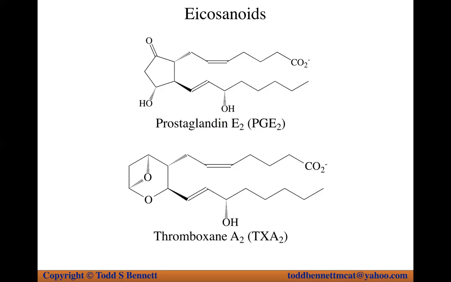So E simply represents somebody's recording of when they isolated these. So A was the first one they isolated, B second, C third. 2 represents the number of double bonds from the backbone that still exists from the original 4. So this still has 2 double bonds from the original 4, so it's a 2, not counting the carboxylic acid,